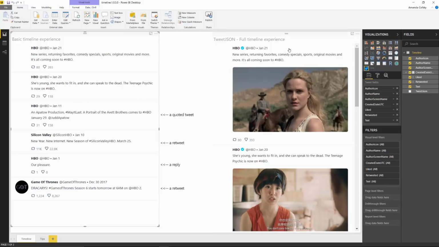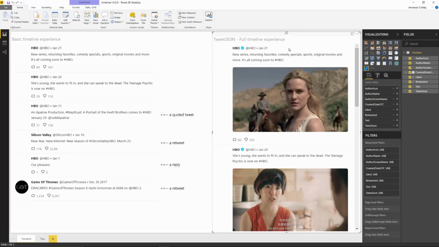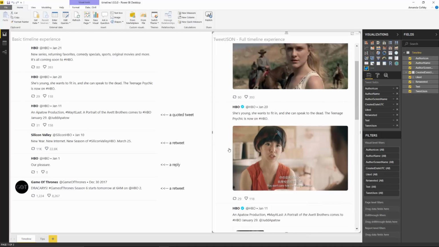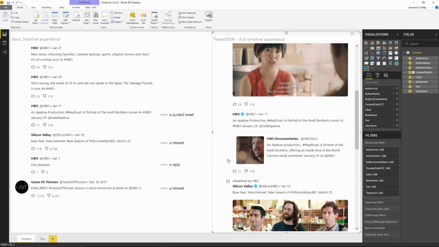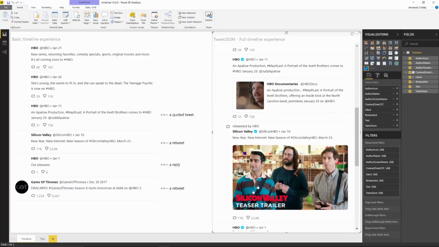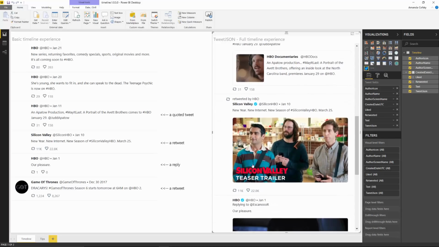And they also have a full timeline-like experience similar to what you would actually see if you were looking on Twitter on your phone. You have the images, and you can tell the difference between the tweets and the replies and the retweets, and you can see the likes in a nice Twitter-like fashion. To use this one, you do have to use this tweet JSON format, which you can learn more about on